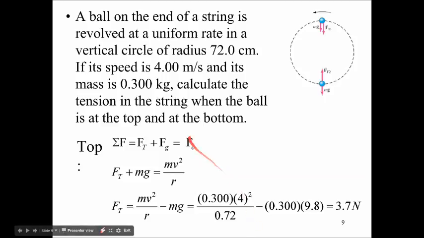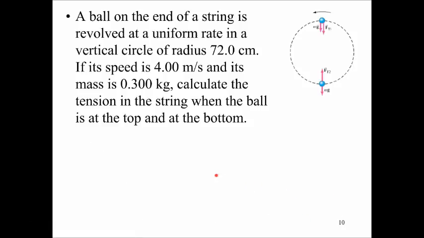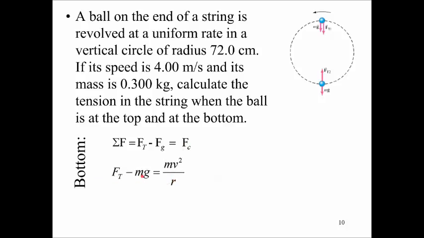We're going to now calculate the force at the bottom. Now what I want you to do is think about what do you think it's going to be? Is our calculation going to be the same, 3.7, or is it going to be more, or is it going to be less? Okay, so let's take a look at the bottom now. So we now have the tension minus gravity because they're in the opposite direction. That's causing centripetal force. So we plug that in, and notice this looks just about the same as before,